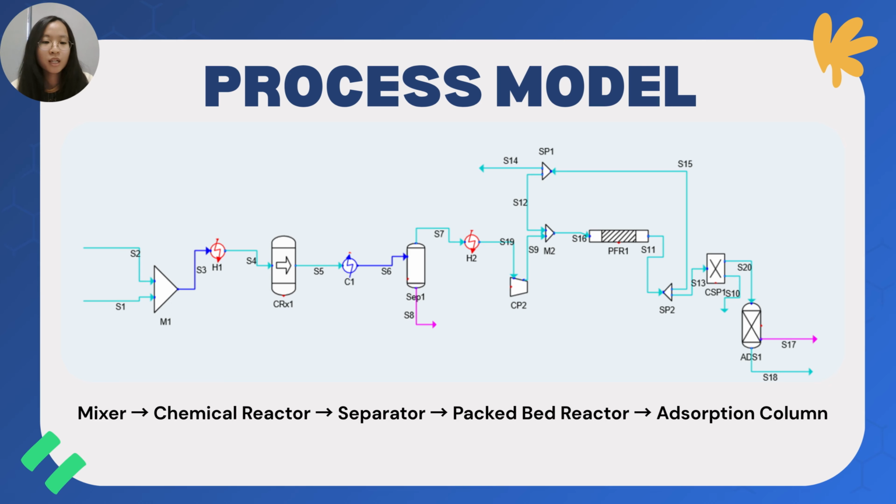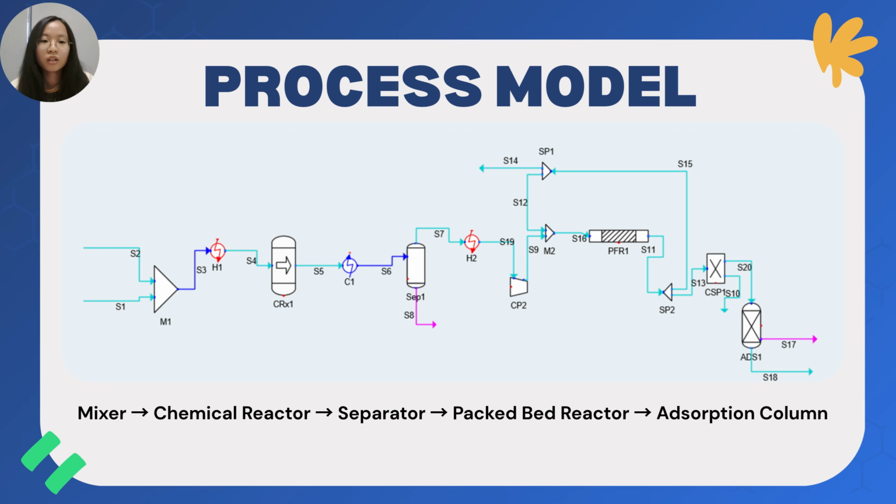The resulting stream S7 is then sent through a heater and a compressor to reach a temperature of 250 degrees Celsius and 8000 kilopascal. This is the optimal condition for the methanol synthesis to undergo. Then S9 is mixed with S12, the recycle stream, and then sent into the packed bed reactor. In the packed bed reactor, we have three reactions, which are CO2 hydrogenation, CO hydrogenation, and reverse water gas shift